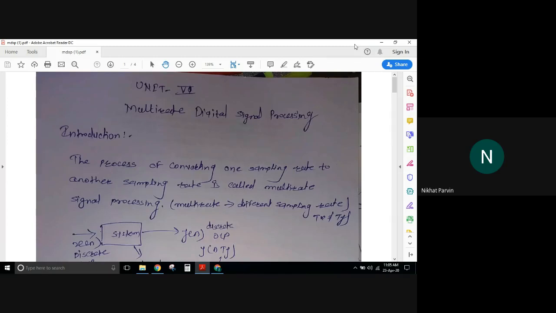Third, we are talking about the theory of what the different types of errors are which we come across when we are dealing with